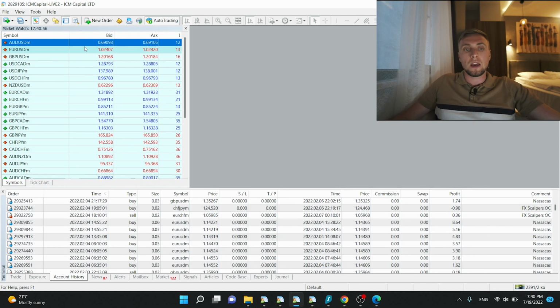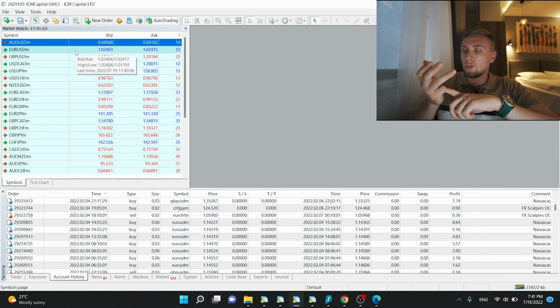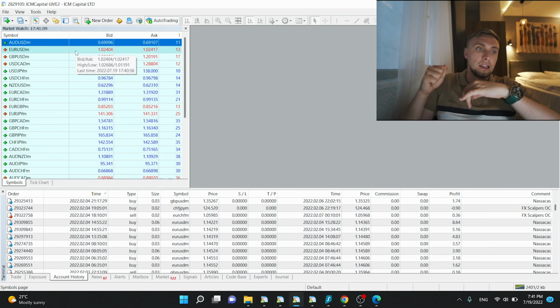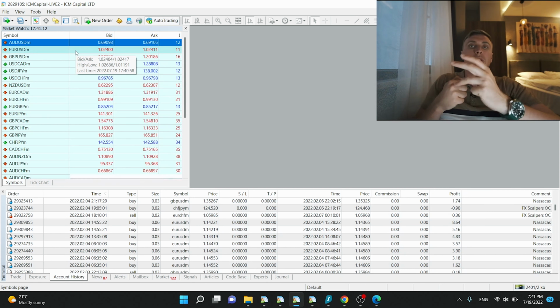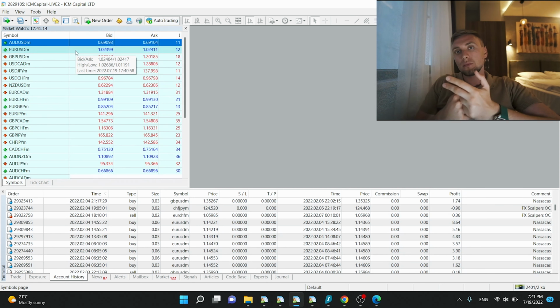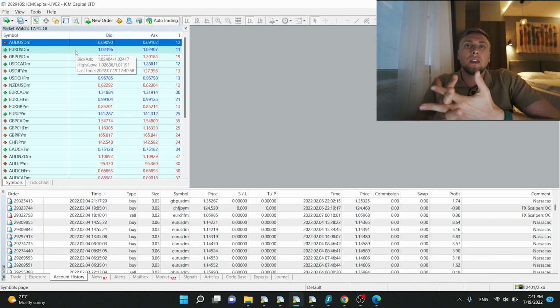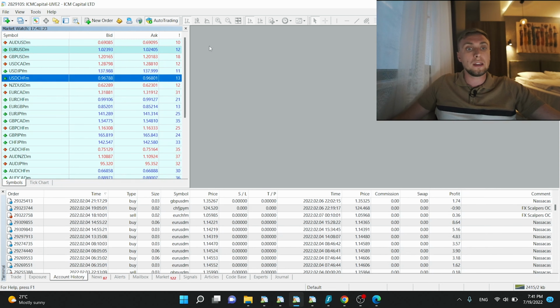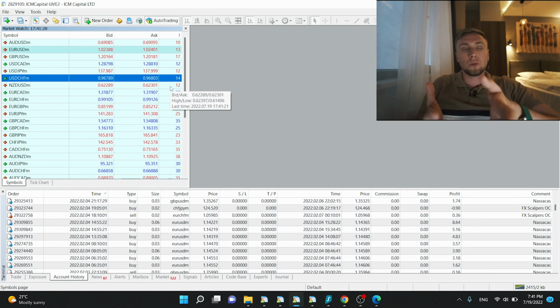If you want to trade majors, it means the most popular, the most important currency pairs: euro dollar, Australian dollar, pound dollar, dollar Canadian, dollar franc, and sometimes people include in that list dollar yen, and sometimes New Zealand dollar. For me, I don't think that you need to put it in the major currency pairs. If you want to trade those currency pairs, only those currency pairs, I'm dealing with that company for a long